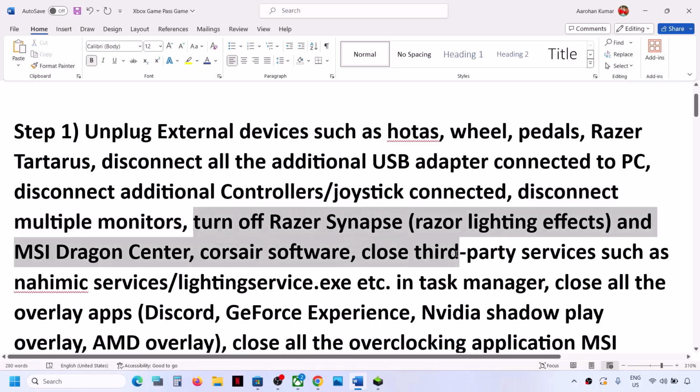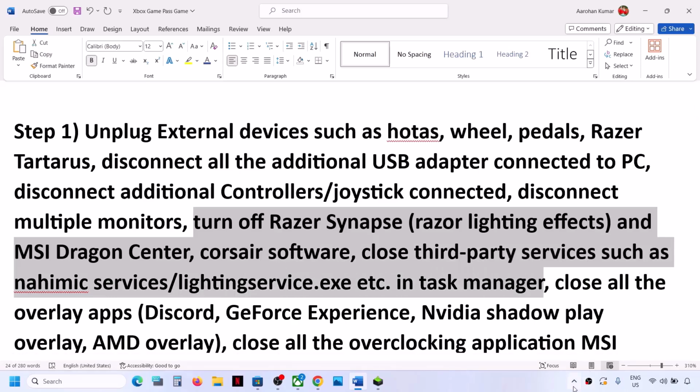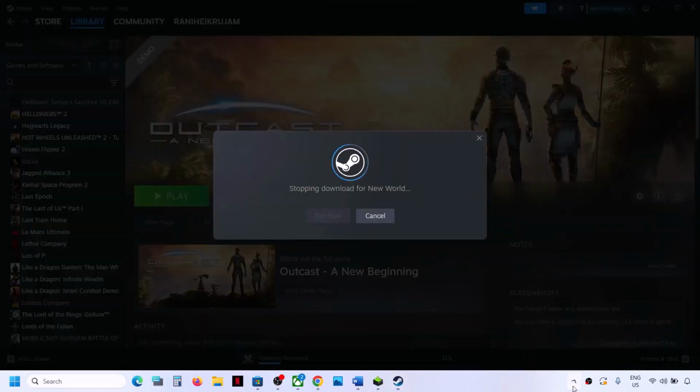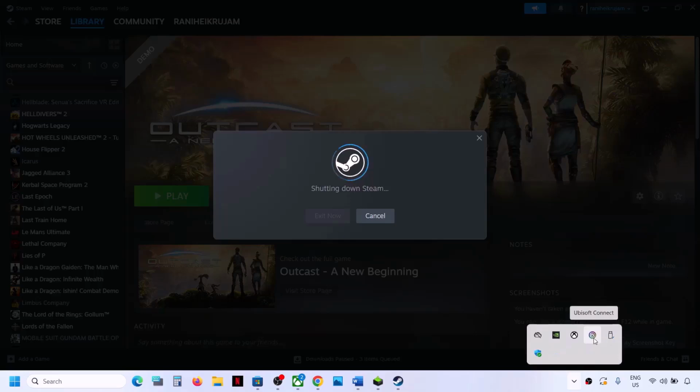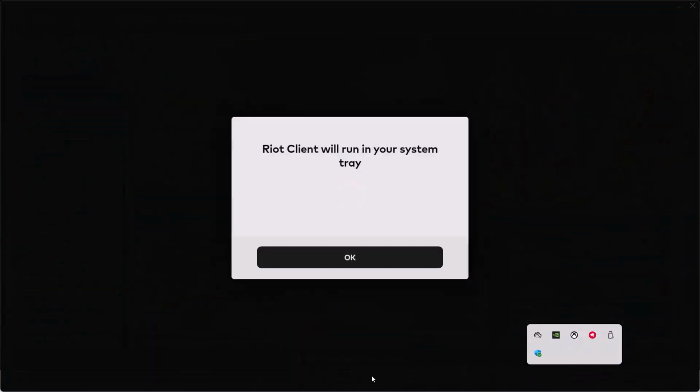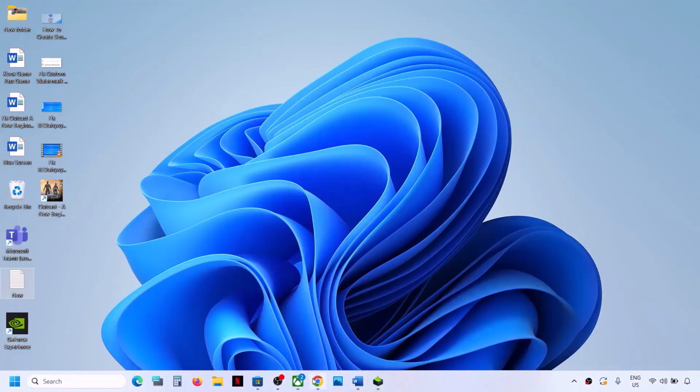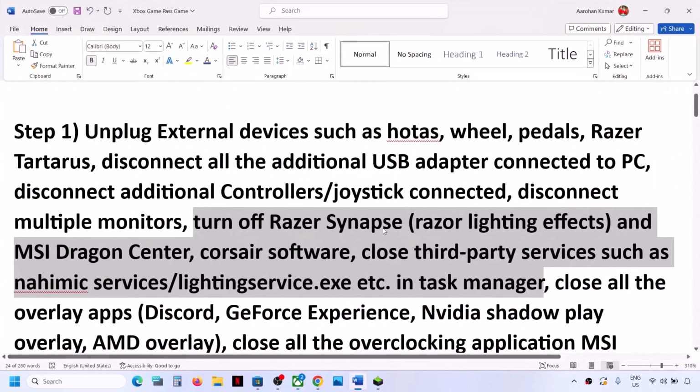If you have any third-party services or applications running, close them. So you can just close all the third-party applications over here. If you have any third-party software or any services running over here, close them. So close all the third-party applications and then launch the game and then check. Now also